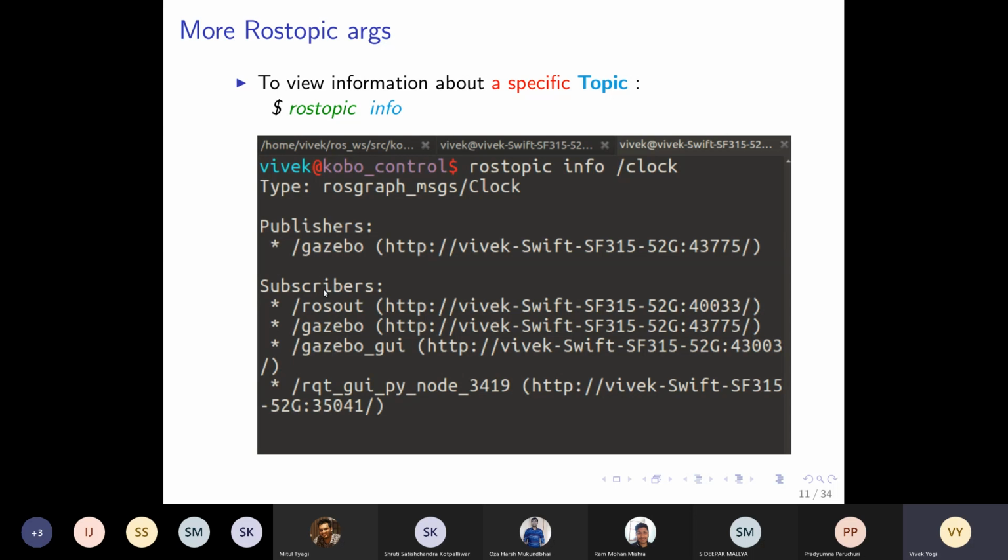And who is subscribing to this message? ROS out, Gazebo itself, the Gazebo GUI, and then RQT is also subscribing, because I have run RQT graph behind the scene. So these are all the subscribers, publishers, and message type. All this information we get from the ROS topic info command.